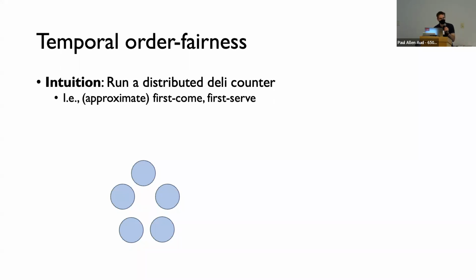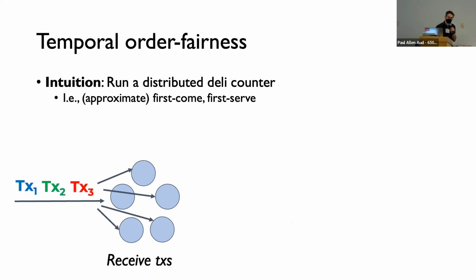We'll still make use of a committee to order transactions. In what sense is it a Delhi counter? Well, we're going to serve transactions, as it were. We're going to serve users on a first come, first served basis. You know how you go to a Delhi counter and you grab a ticket with a number and you're served according to the number you have. We want to do something like that, right? Because that's a fair form of processing for transactions.